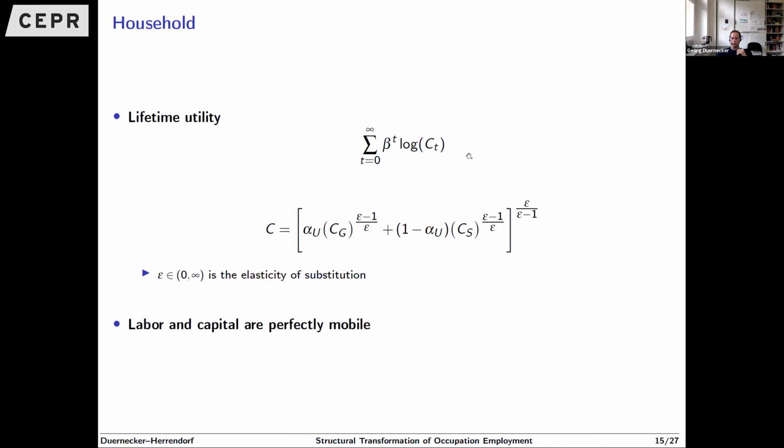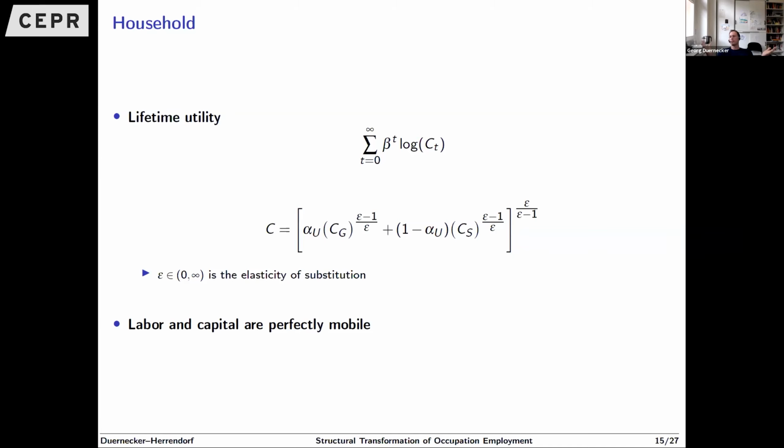And the household has log utility and likes to consume a composite that consists of consumption goods and consumption services. And again, there's an elasticity of substitution that gives us the substitutability between the 2 inputs. Then importantly, labor and capital are perfectly mobile. Okay, so labor can be shifted across occupations and also across sectors, which means that in equilibrium, we're going to